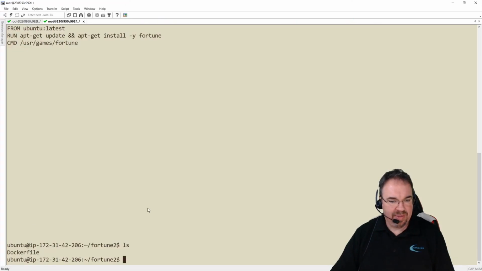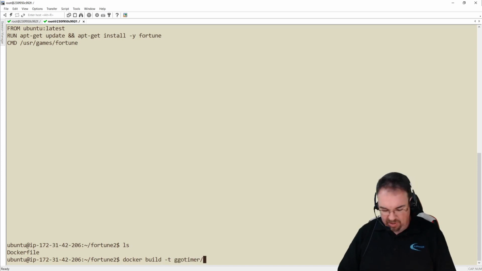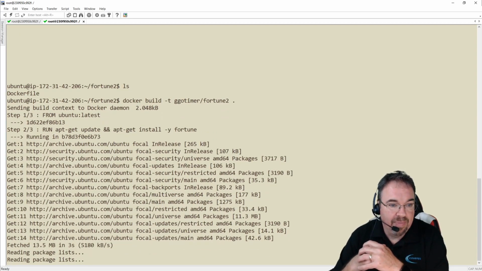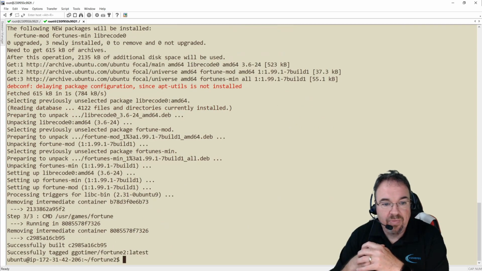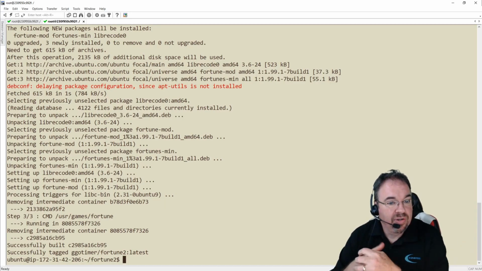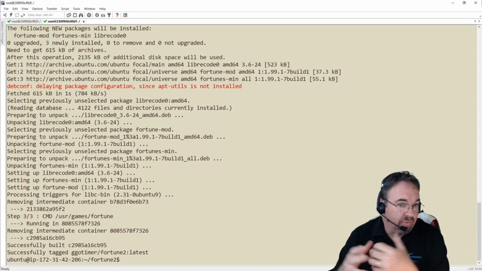I'm going to start those commands. Like I said, I'm in the Fortune 2 directory. I have one file in there, the Dockerfile, and I'm going to type docker build -t gotimer/fortune2 and then the dot, which means this directory. We're going to see it spin up and do a couple things. One, it's going to use the Ubuntu latest image. Then it's going to run those commands that we gave it before, which were the apt-get update and the apt-get install fortune. And it's going to look very similar to what it looked like when we ran them ourselves